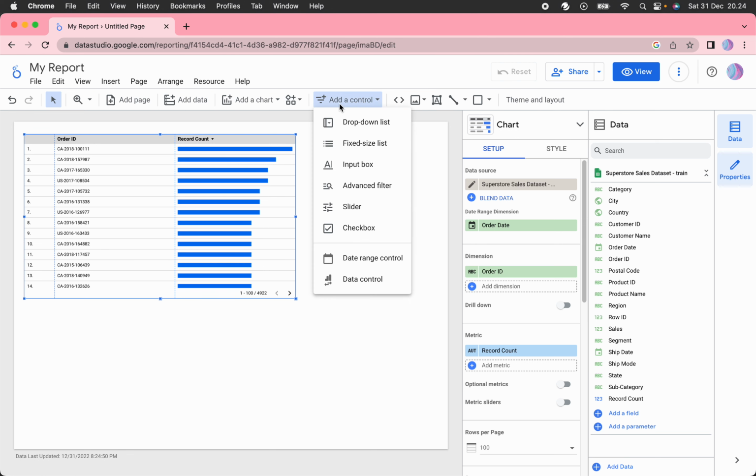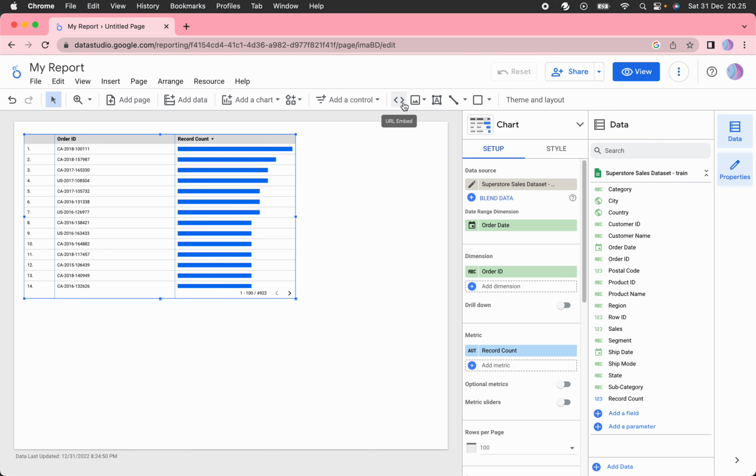And add control, it's basically a filter. You can add a drop down list filter. You can add advanced search. It's like a search bar, it's named advanced filter. And also you can even add a date filter here. You can also add other things like URL embed, images, text, line, shape, and you can also adjust the theme and layout of the page that you work in. So that is the use